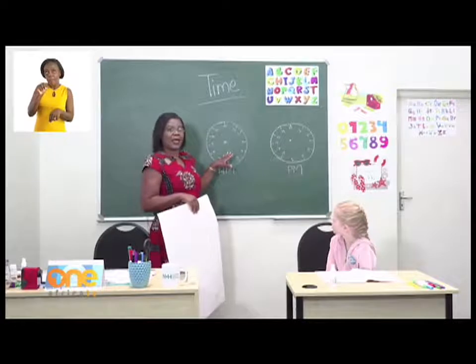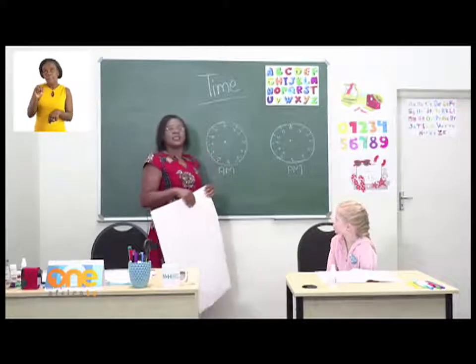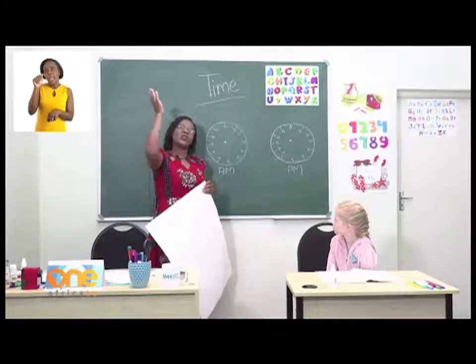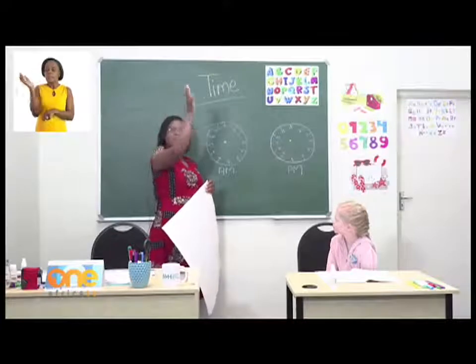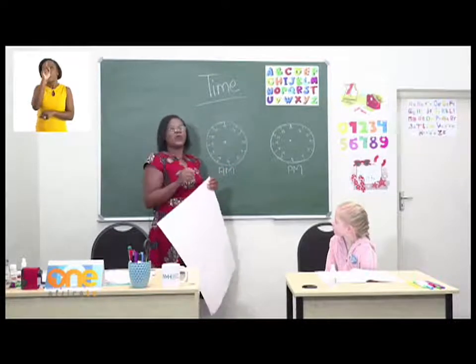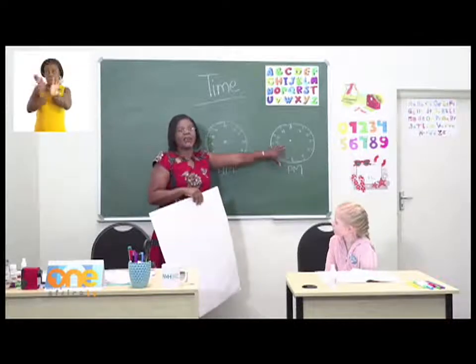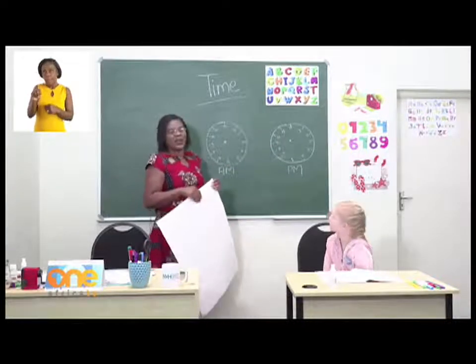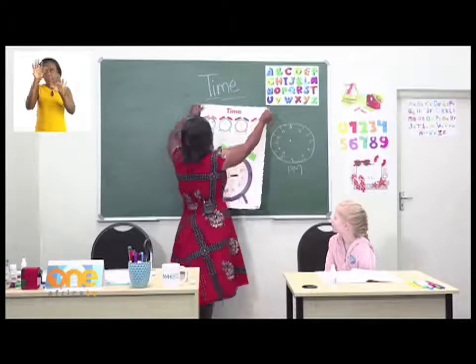What is AM? AM is when it is in the morning up to 12, from 12 to sunset, and when we are sleeping, we say it's PM. PM is in the night. Okay, so